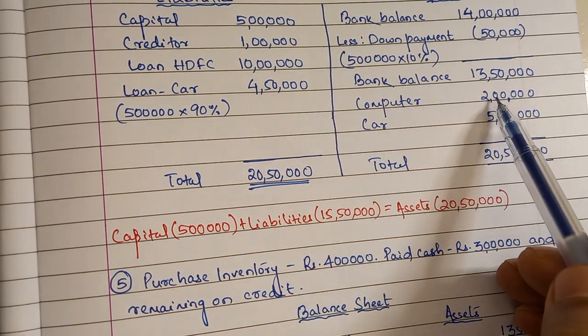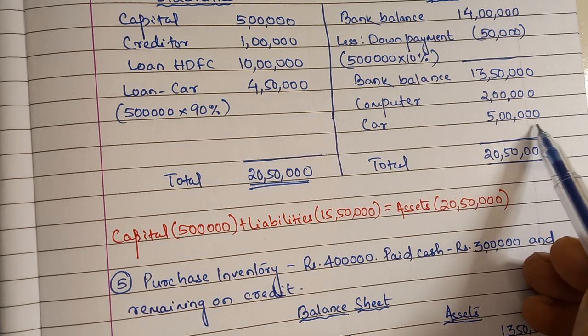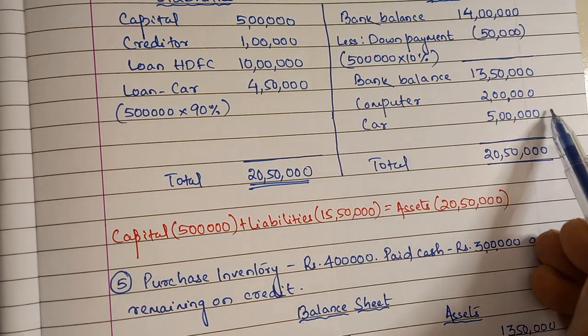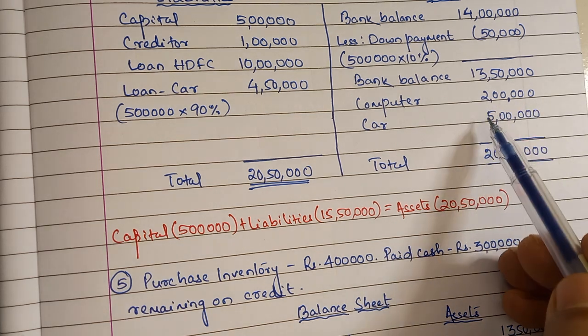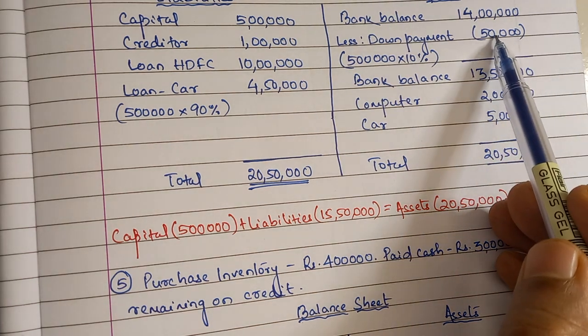Computers, in the previous example, we had 2 lakhs. Now the car, what you are buying, will be part of your assets, right? So this is the acquisition cost, 5 lakh. We need not check what amount we have paid. The asset value is 5 lakh rupees. 50,000 we have paid in cash,